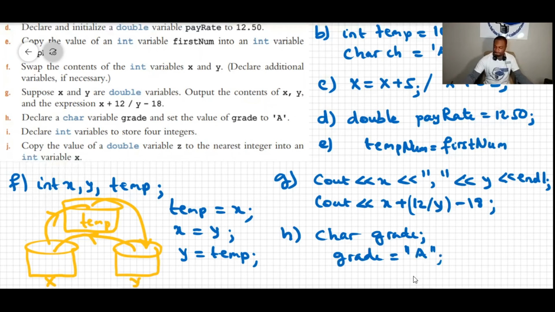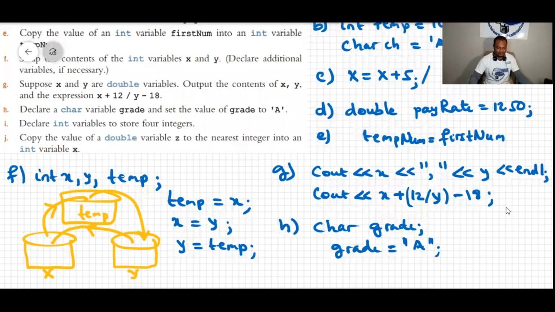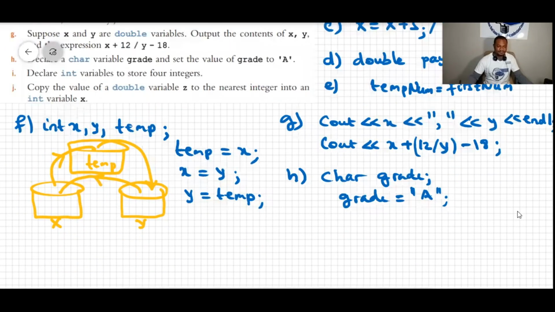Okay, and then I says declare int variables to store 4 integers. So I'll say int, let's say the variables will be like W, X, Y, Z, for instance, or A, B, C. Let's say A, B, C, and D. Okay, and then J,